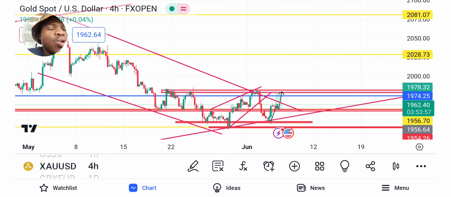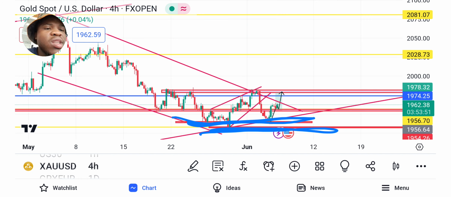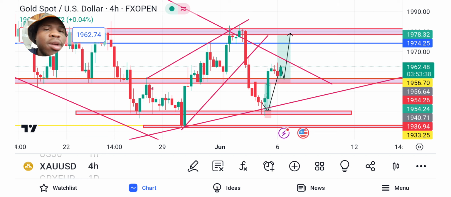Okay, guys. So on the 4-hour time frame, I identified this zone down there, this strong support zone down there, which is the demand zone. Also this zone, which is the demand zone for the current market structure there. Okay. So then I took the trade yesterday, Monday, basically around these areas, guys. So then I milked the market because the market was showing a bullish momentum. So then it breaks this